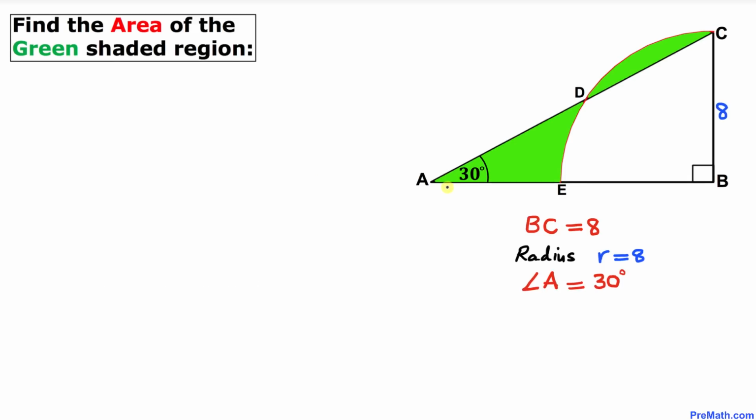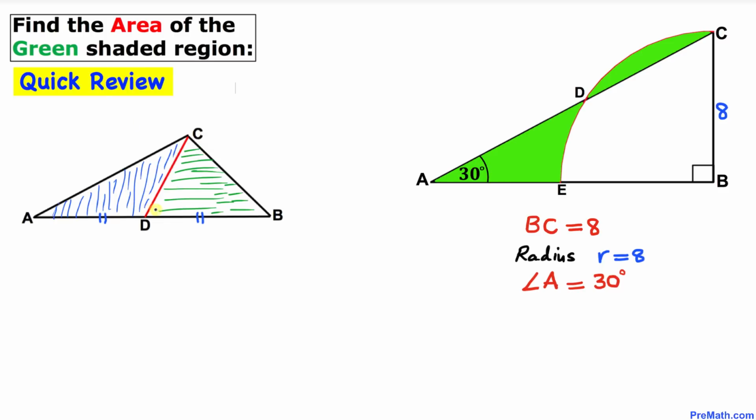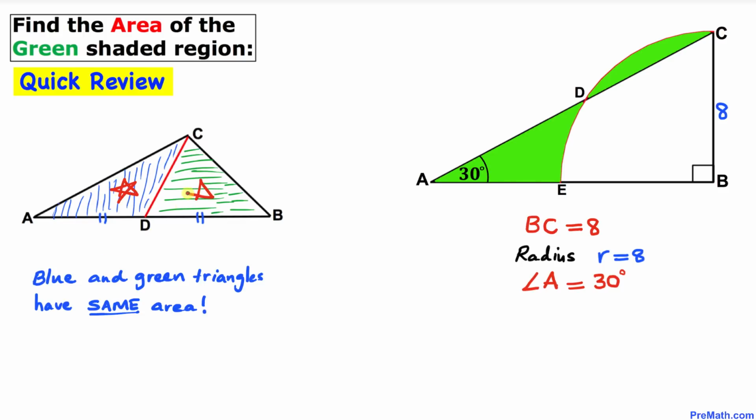So let's go ahead and get started with the solution. Let me go over a quick review. Let's focus on this triangle ABC, and this triangle is divided into two triangles, one blue and the other green, such that line segment AD and line segment BD are equal in length. Then these two triangles, blue and green, are going to have exactly